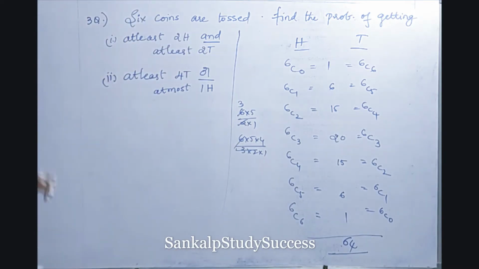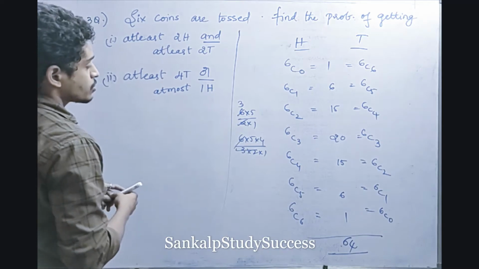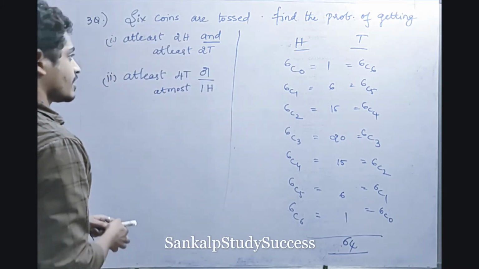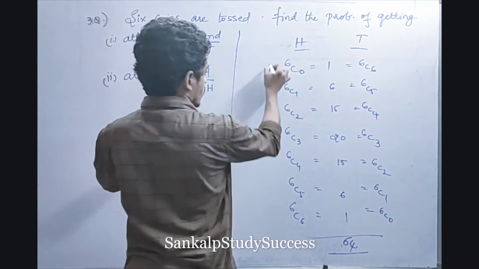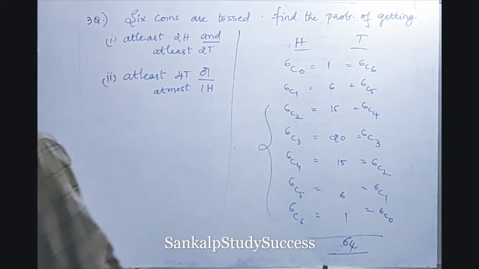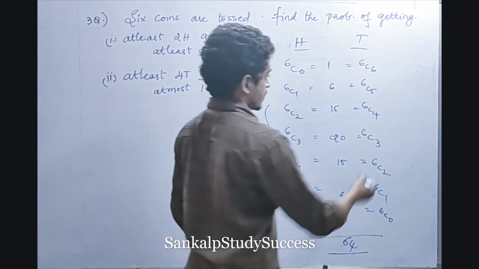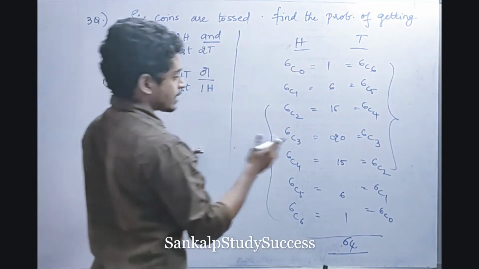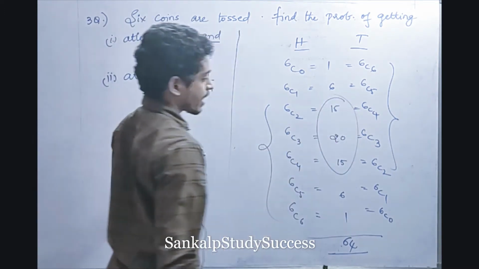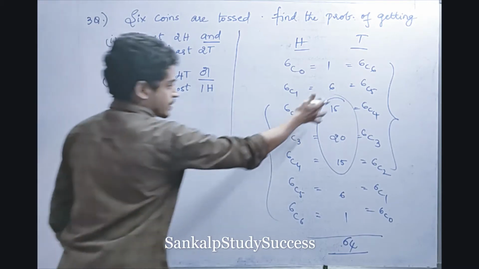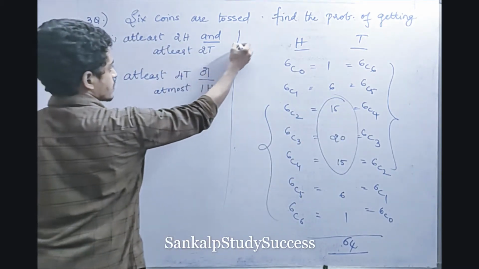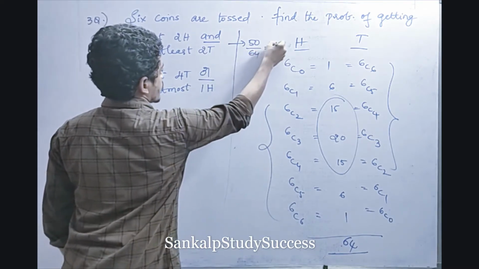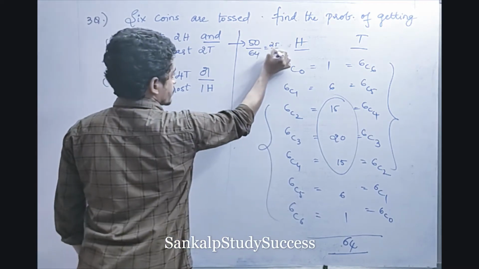Now the first question is at least 2 heads and at least 2 tails, right? So what are we going to do? He has asked both at least, in the sense greater than or equal to. So at least 2 heads, in the sense greater than or equal to 2 heads, right? Fine. And at least 2 tails, in the sense these. Right or not? From 2 to 6, 2 tails. Now he has asked "and", which means intersection, right? So this is the common part, 15, 20 and 15. So 20 plus 30 is nothing but 50, right? So this one is 50 divided by 64. That value is 25 by 32, right friends? 25 by 32, so this is the probability.